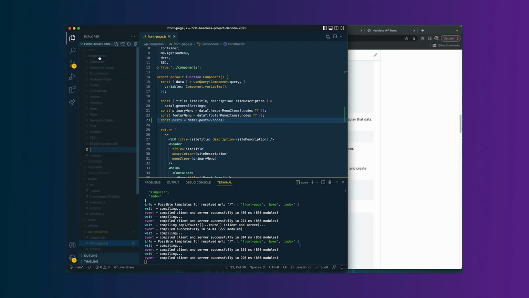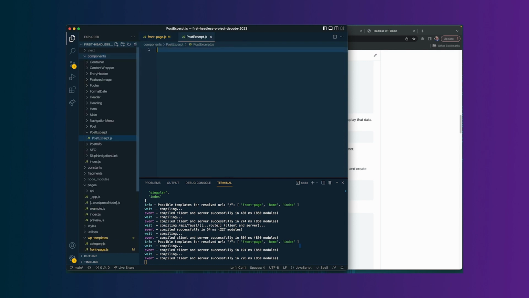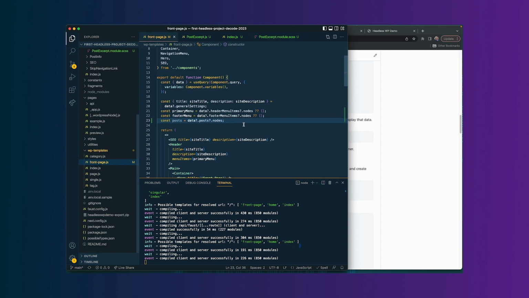Now, the next step for making this homepage dynamic is actually creating a component to render those post excerpts. So we're going to do that and create a couple of files in the components folder. And I'll mention here that I'm going to go ahead and create a post excerpt.js inside of a post excerpt folder. And I'm really just duplicating the structure of the existing components that are a part of this Faust.js Getting Started project. You're really free to do whatever you want here. And I'm just sort of following the framework as it's already been laid out for me as a part of this Getting Started. So once we have all three of those files, we'll start adding some stuff to them, okay,